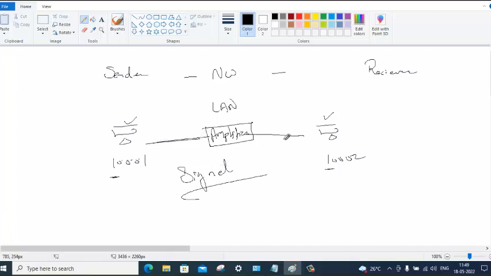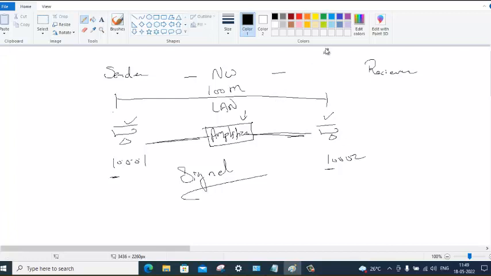If this cable is very long, let's say this PC and this PC are 100 meters away. 100 meters is really a long distance, so you need an amplification device. We need a booster, a device that will boost up the signal. And it is called an amplifier.